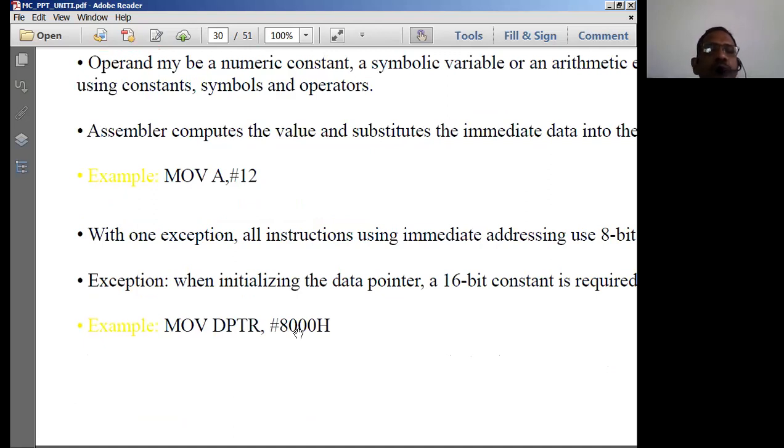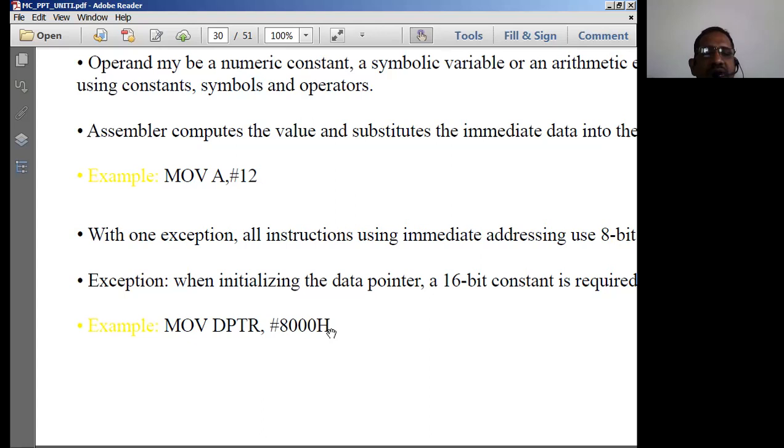If it is 8-bit data that you want to move to the accumulator, we use it like this: #12. If you want to move 16-bit data into a 16-bit register, you have to use 16-bit data here. Each place in hexadecimal represents 4 binary bits.